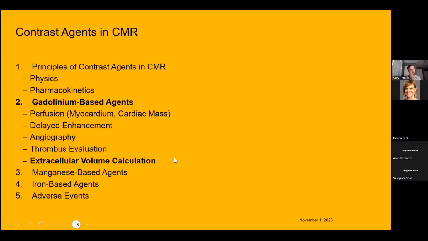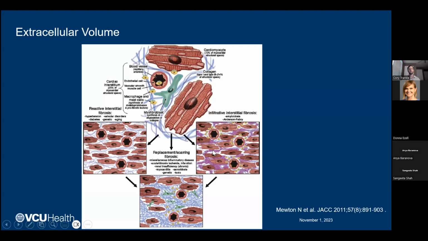And then extracellular volume calculation. This slide has been shown already in this conference, but late gadolinium enhanced imaging, as I showed you, is good for looking at focal scar. If you have one area of the region that's wildly abnormal with reactive fibrosis, as opposed to replacement fibrosis, and then as opposed to if you have something that's diffusely affecting it, like long-standing hypertension, diabetes, or exposure to anthracycline, what have you,